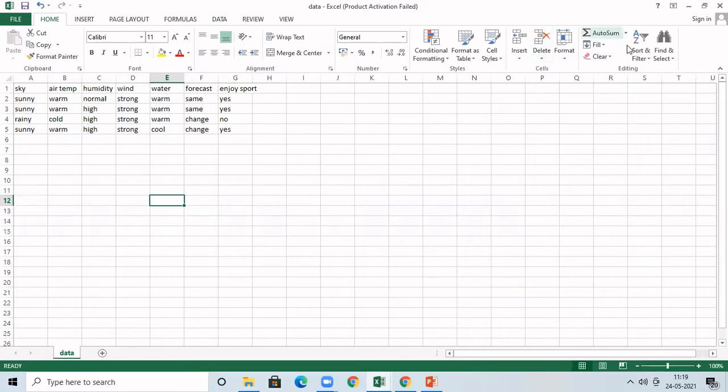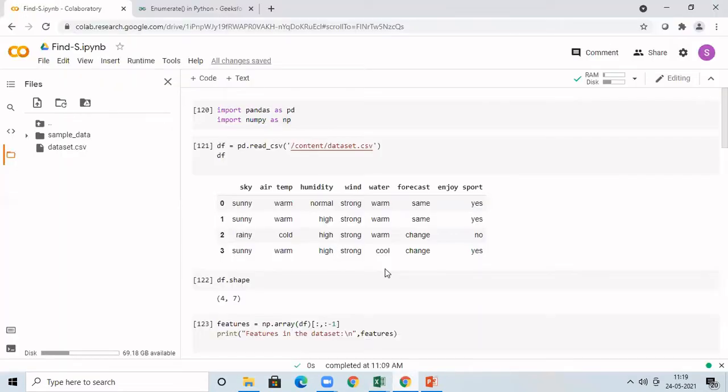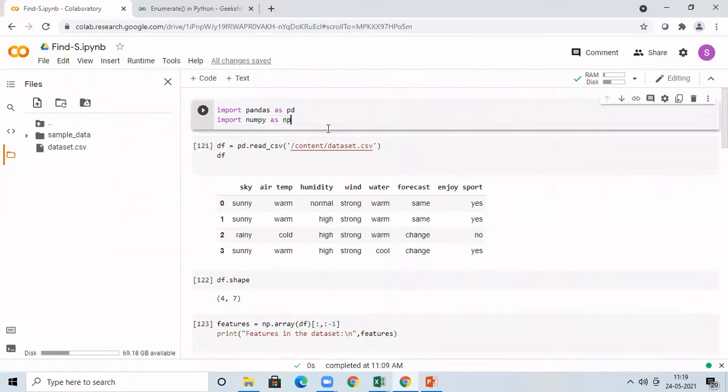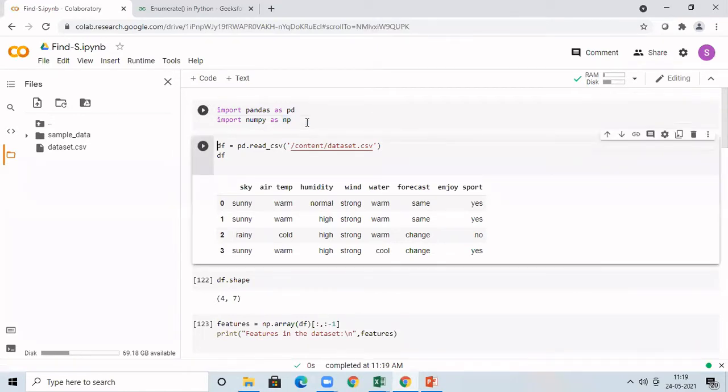Now we are going to proceed with this particular CSV file. Let me tell you how to proceed with this example. You can do it either in Anaconda or in Colab. I always prefer Colab because wherever you go, you will be able to get the file since it is stored in your drive. So now I am going to import the necessary packages. You import pandas as pd and NumPy as np. Then run the cell. Now we need to import the data from our data set.